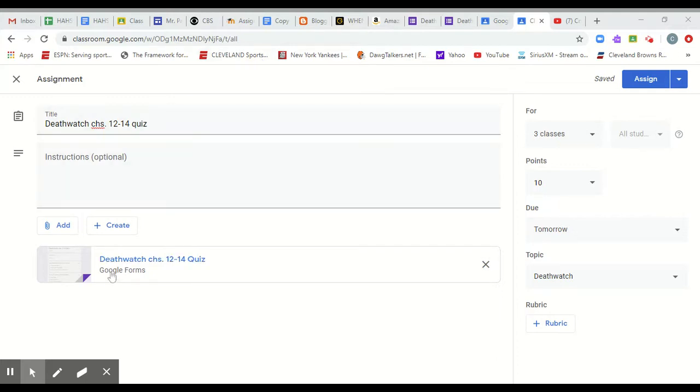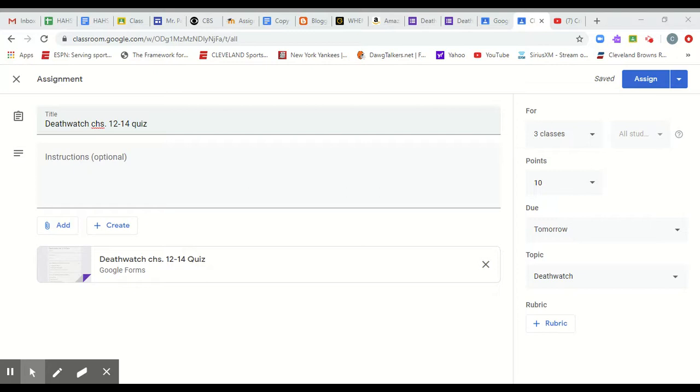It's a quiz. I have the quiz already added to the assignment. I could put instructions, take the quiz, but that's fairly self-evident. A lot of times in class, I will post the assignment at that particular time in class, and that's one of the nice things. I can post it right now, and every student in my class would get notification that the quiz is posted. Well, sometimes that's not necessarily a good thing, simply because, hey, what if they get that